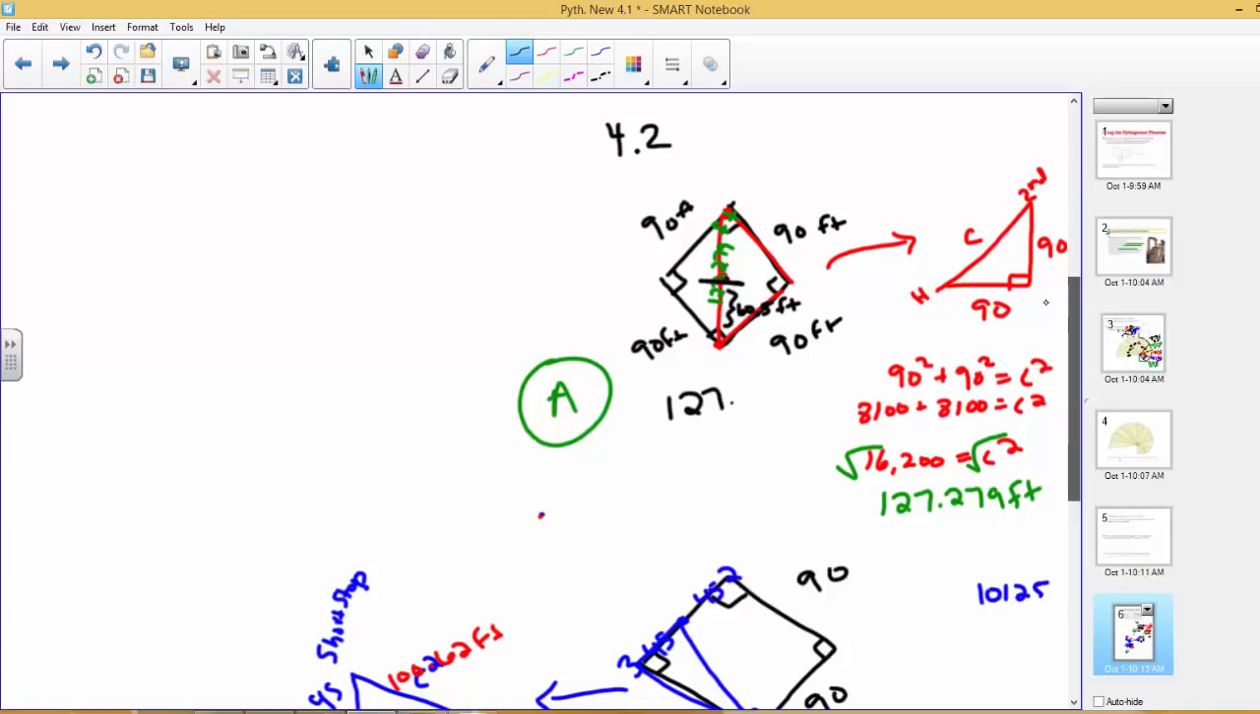So you would need to take the 127.27 and subtract the 60.5. So this distance to second base would be 66.77 feet. So then, since you know this is 90,